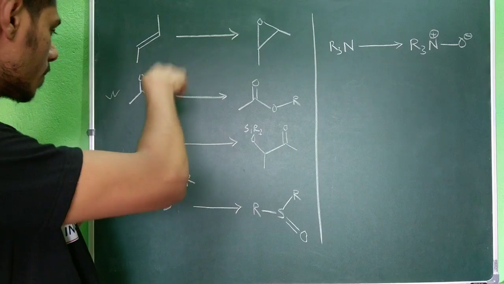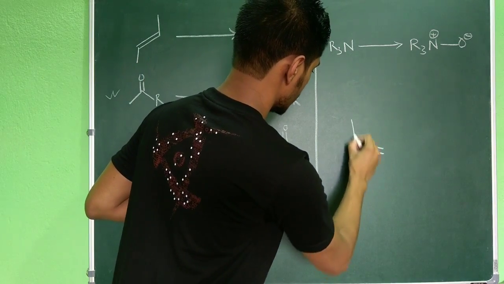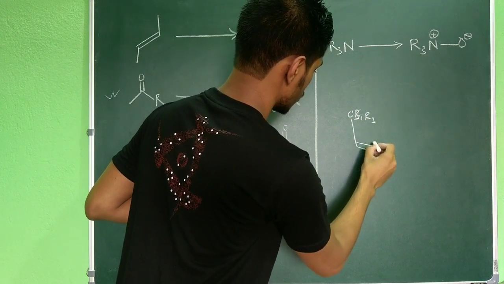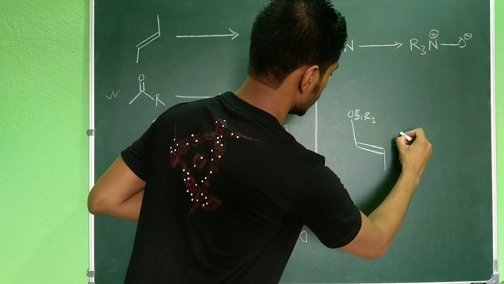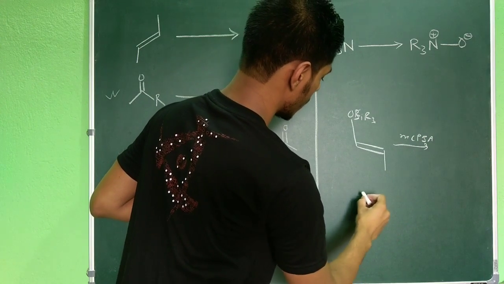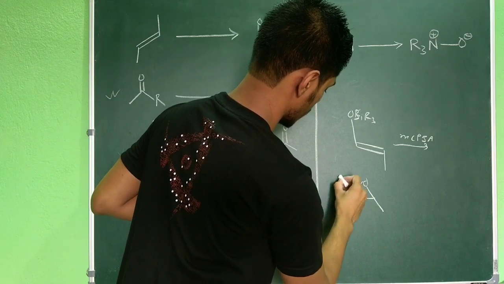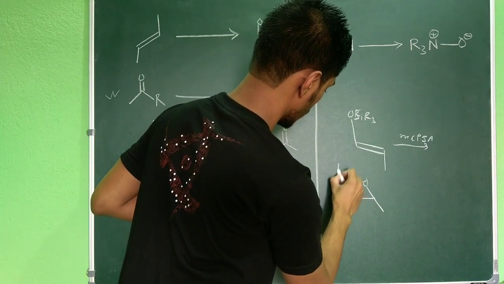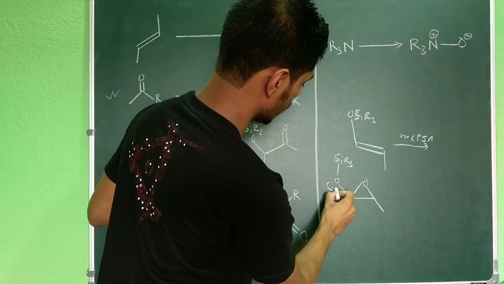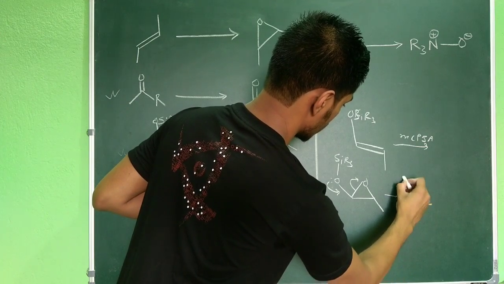At first, the Prilezhaev oxidation will occur on this alkene. So let's say this is your OSiR3 group. When it reacts with this mCPBA, in the first step the Prilezhaev reaction will occur. Right, now you have this OSiR3 group. Now this oxygen lone pair will push and this will open. So from that you will get this